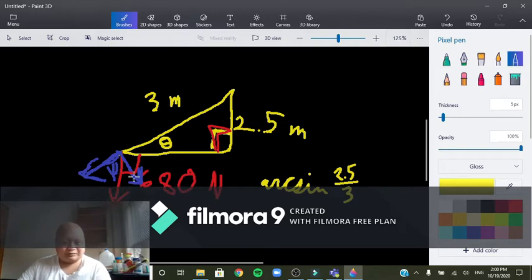So yeah, and then now we have to add that to whatever theta is, which is the angle of the ground relative to the ladder. So we have to add the two up and then subtract it from 180 degrees in order to get the indigo phi that's over here. So we're looking for theta over here, and you have to use a trigonometric function, an inverse trigonometric function actually. If you don't remember which trigonometric function you need to use to get theta, you have to use the most powerful of all anime moves. It's called